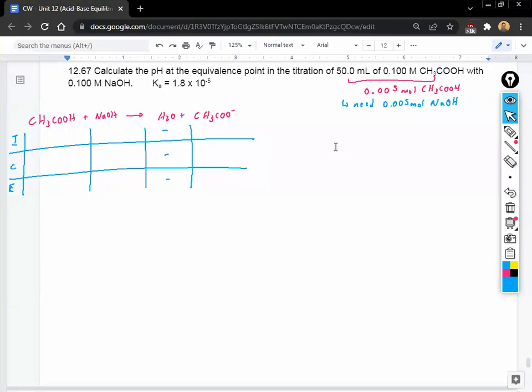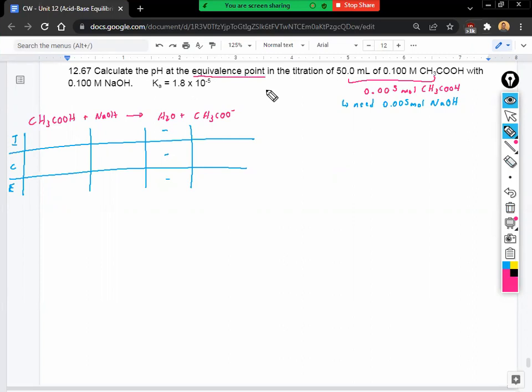Okay, so for 12.67, this one's very deceptive because it starts off seeming really easy. You get the volume and the molarity of the acid. You get the molarity of the strong base. And then it says to calculate the pH at the equivalence point. Now, if you remember from the definitions, equivalence point is where the acid and base completely neutralize one another,